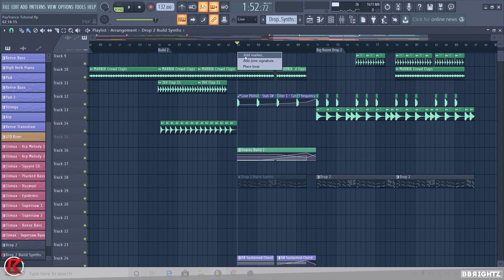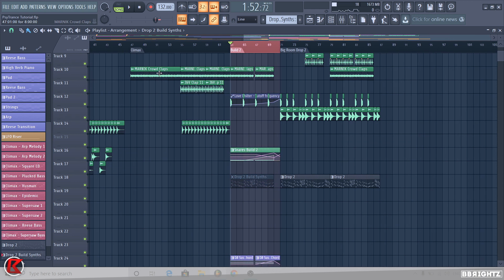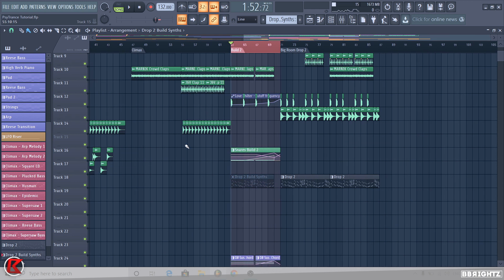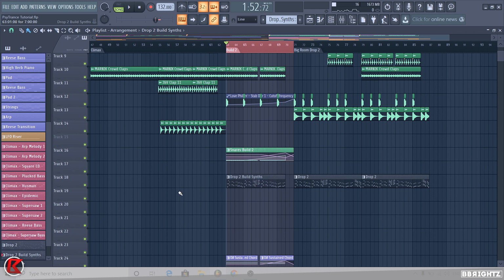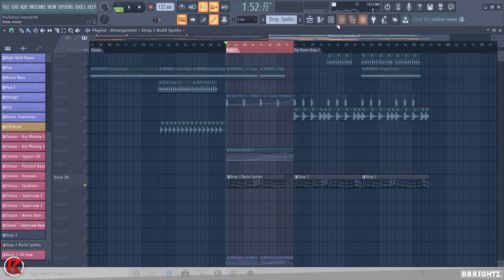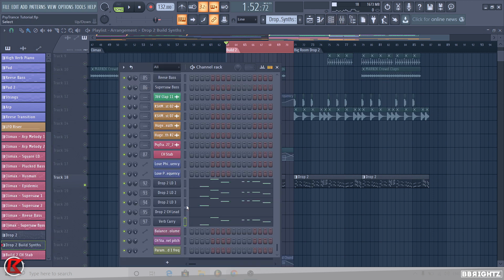So yeah, I'll probably move this here, because that's still part of the break. This is the actual when the build starts. So what we're going to do is solo this, and we're going to take out the chord information,